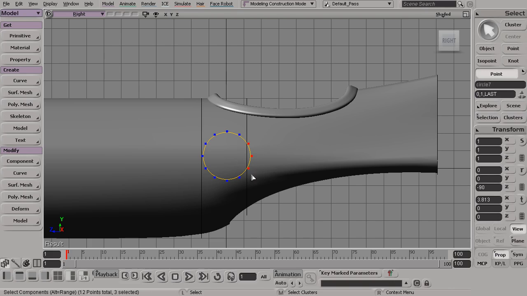Now I'll come in here and again press the T key on my keyboard. I'll grab something like these last 3 points, press the V key to go back to my translate tool, and I'll pull these points out here to make the back part of the wing. I'll press the X key to switch to my scale tool, scale these down, pinch those down. There we are. And now we can start to take some of these points that are a little bit further back here and pull these backward